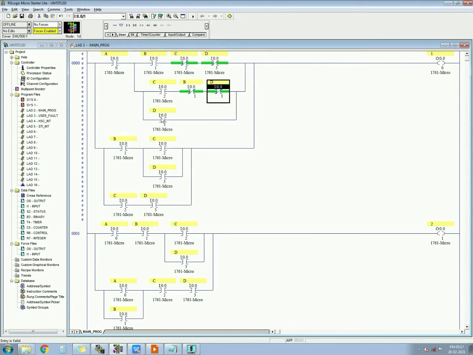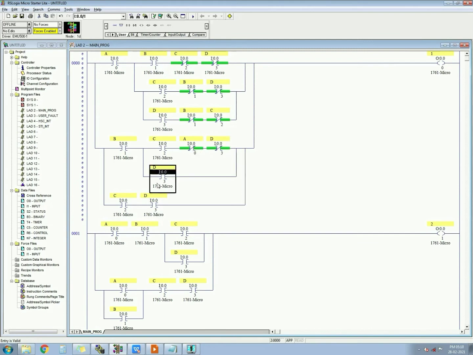With AD, what is left is BC, so I will take NC of BC here: B is I1:0.0/1 and C is I1:0.0/2. Now for BC, I will take NCs of A and D: A is I1:0.0/0 and D is I1:0.0/3.